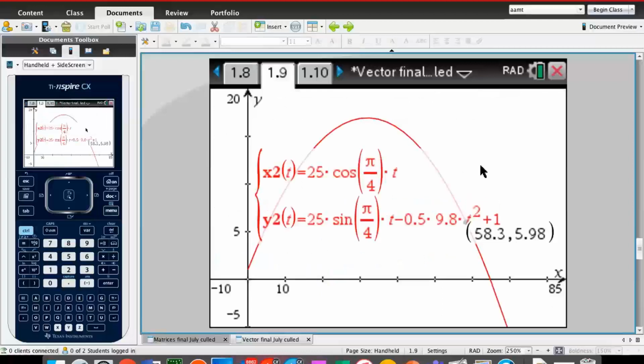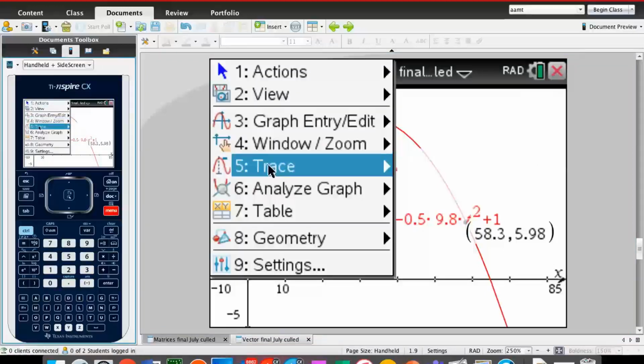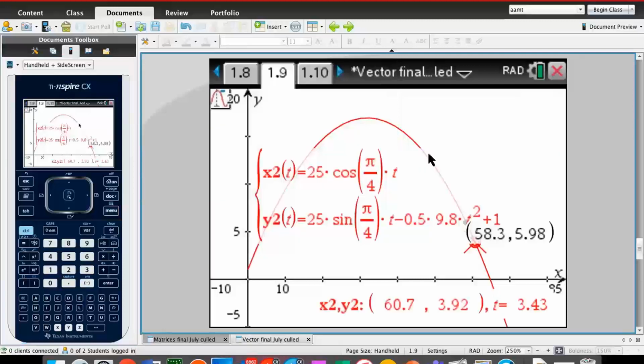So there's the path of the soccer ball. I've done a zoom fit. And if you click on menu and trace, down here in the bottom, you can see the coordinates. So you can actually follow the path of the ball, and you can see at about 1.8 seconds, it's at the maximum height of 16.9 metres. So very handy, the parametric equation, so you can see what's happening, and you can work out also